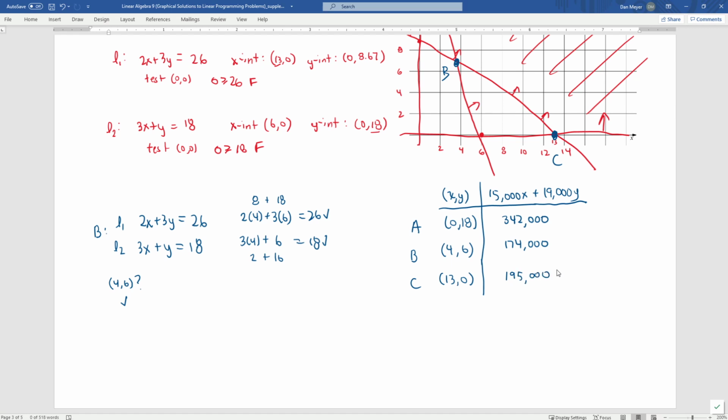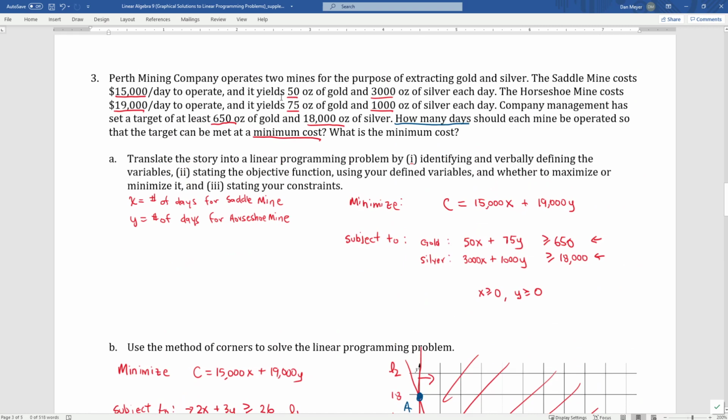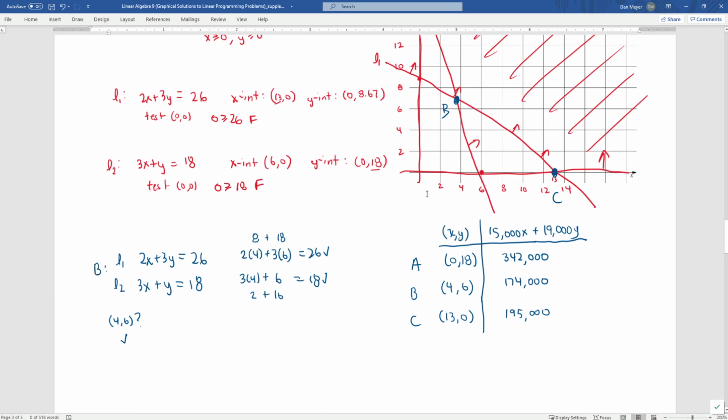So I guess that makes sense. If we operate all out of the second one, the corner point A means we're doing all of our mining at that second mine. That's the one that's more expensive to run. The first mine is less expensive to run, so it makes sense that it would be more cost efficient to run out of the first mine. But the mixture, the idea is that since they're both kind of good at different things, looks like the first mine is good at getting silver, and the second mine is good at getting gold. Since they're both good at different things, a mixture of the two will be the most cost efficient. So we're trying to minimize